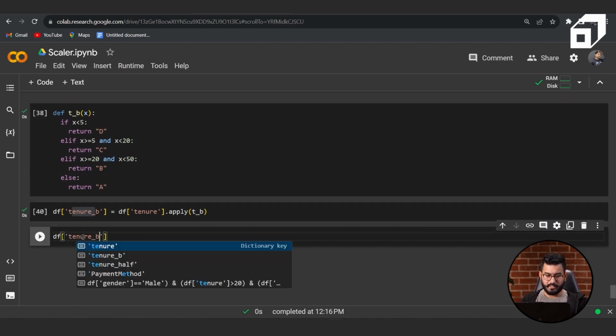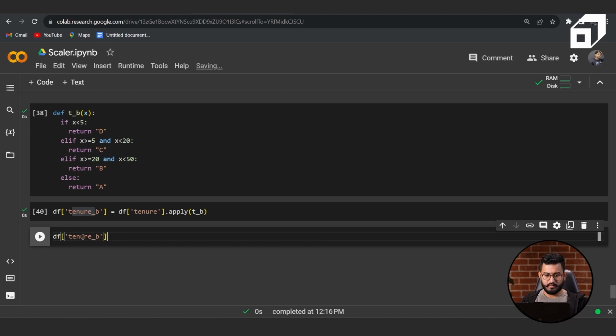tenure_b is equal to df tenure dot apply. Now a lambda function is written with the keyword lambda, then the input is x, then what output do you need? I need the output d if x is less than 5, else